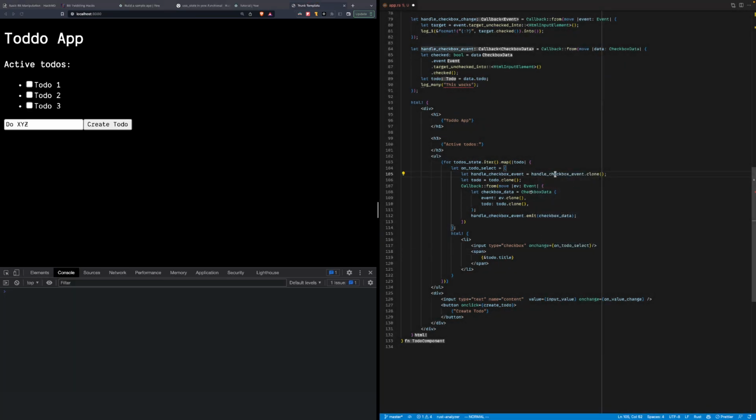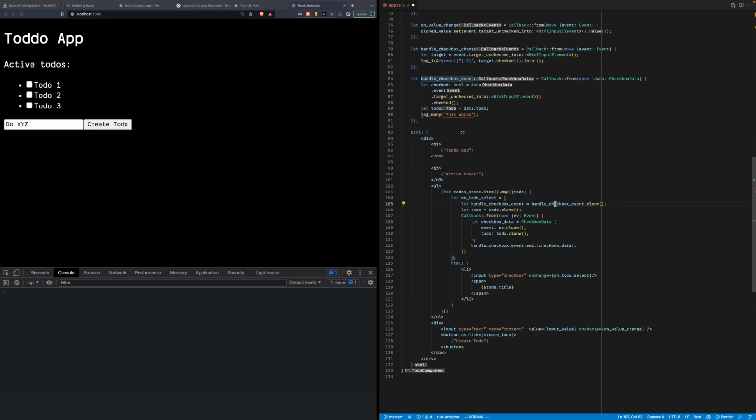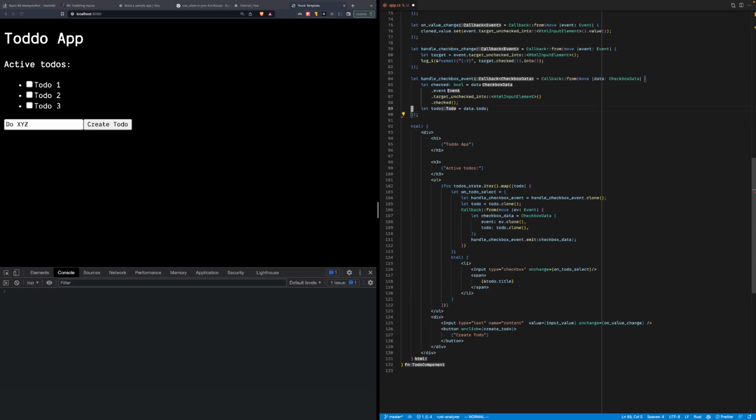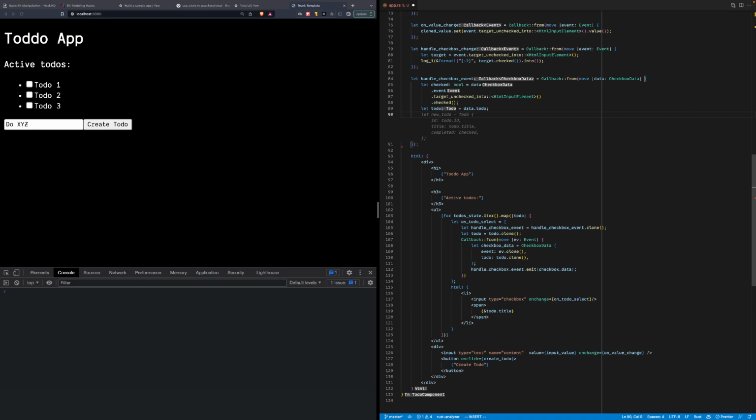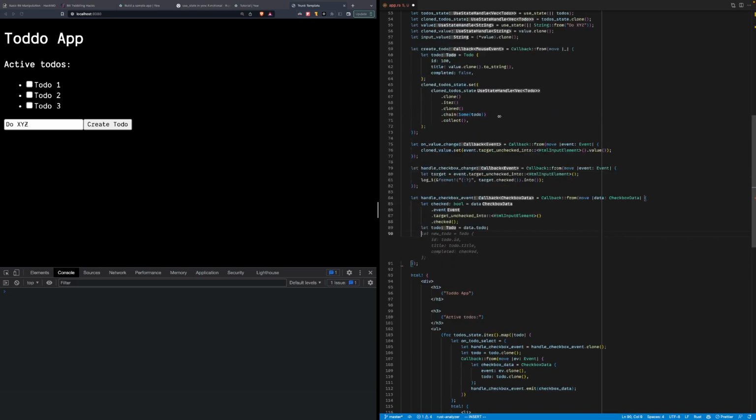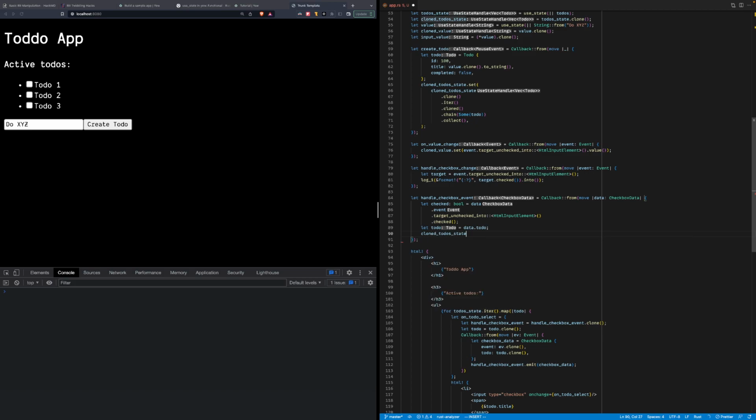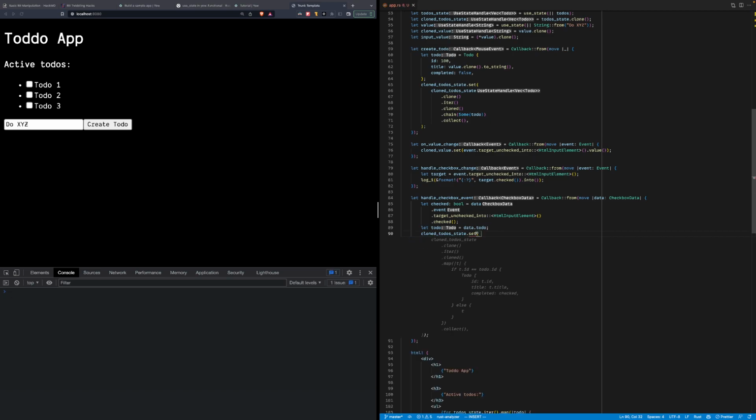Let's try to finish this TODO app. We're gonna filter the existing cloned TODO state dot set. Let's see if it works without cloning.